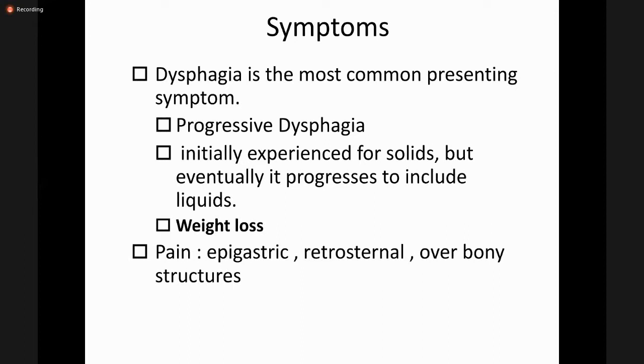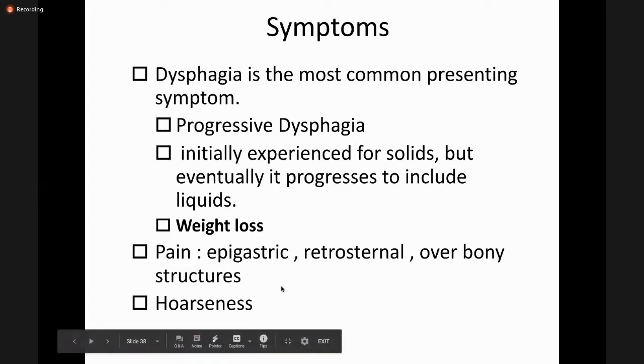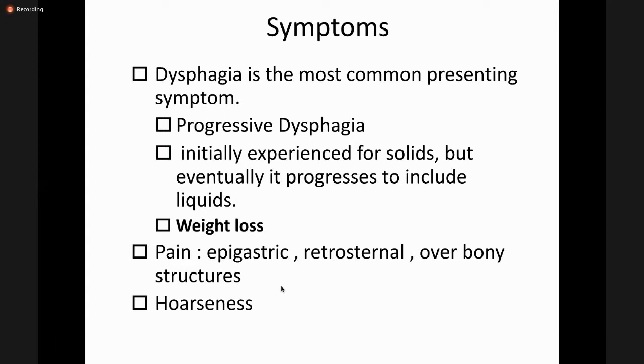And lastly, pain may be experienced, like epigastric or retrosternal pain over the bony structures, but it's in a very late stage. Usually it presents with dysphagia and weight loss. And hoarseness can be seen because of the involvement of the recurrent laryngeal nerves, which lie very close to the esophagus. And if they are involved